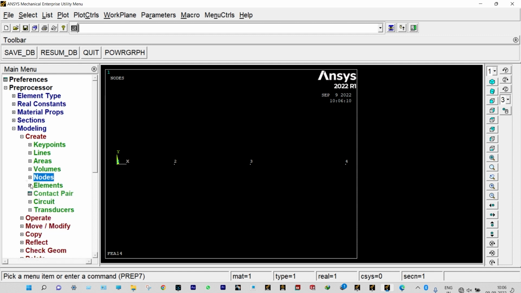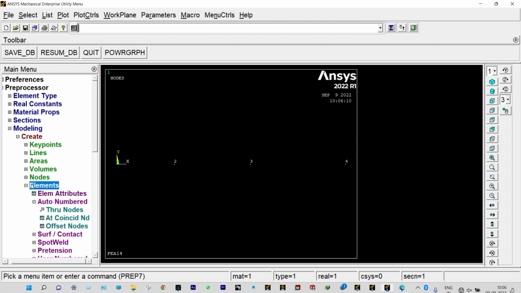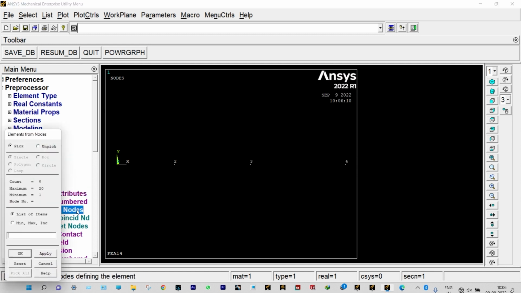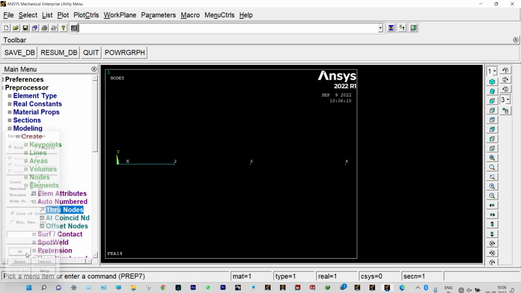Right, so create elements, and as it is a step shaft of different cross sections, we need to define the element attributes before joining in the form of elements. Right, so element attributes, and you can see first section is actually hollow, so auto number through nodes, you can join node 1 and 2. Okay, done. Now next one, node 2 and 3, it will be having different cross sections, so element attributes, and